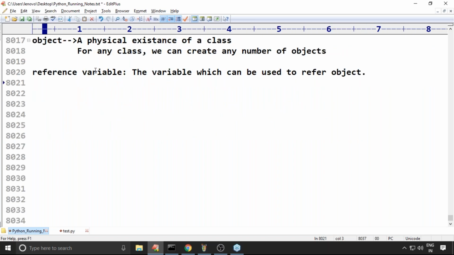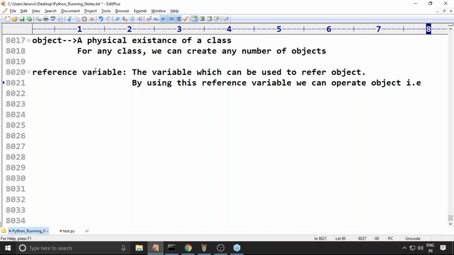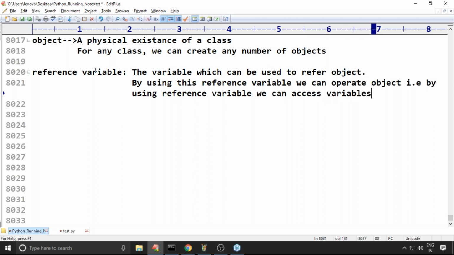By using this reference variable, we can operate the object, that is, by using the reference variable we can access variables and methods, correct?